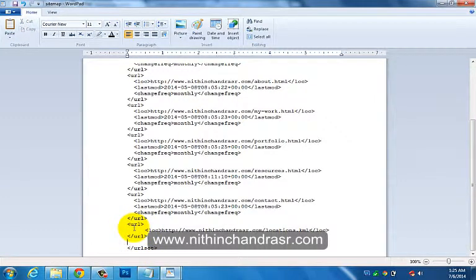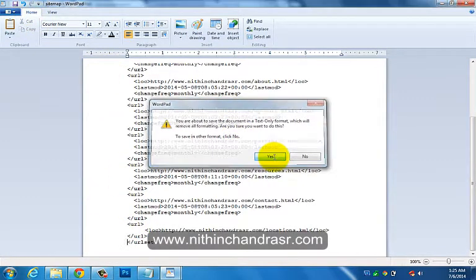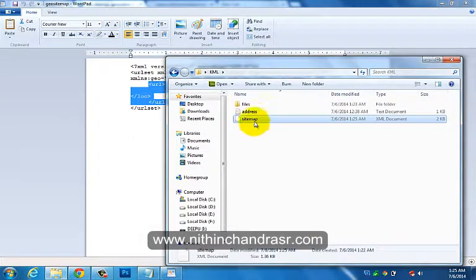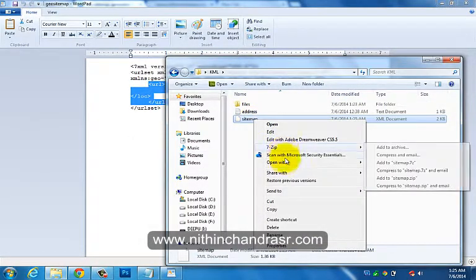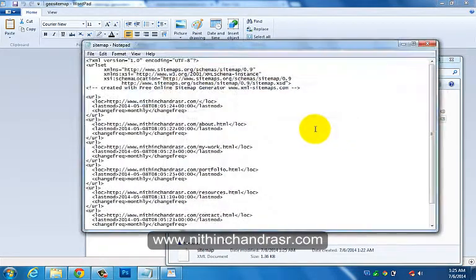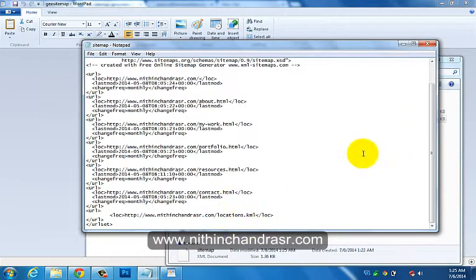So we'll save this, save as. Keep the extension as XML only; don't change the extension of this one. You can see there is a location also added to this one.